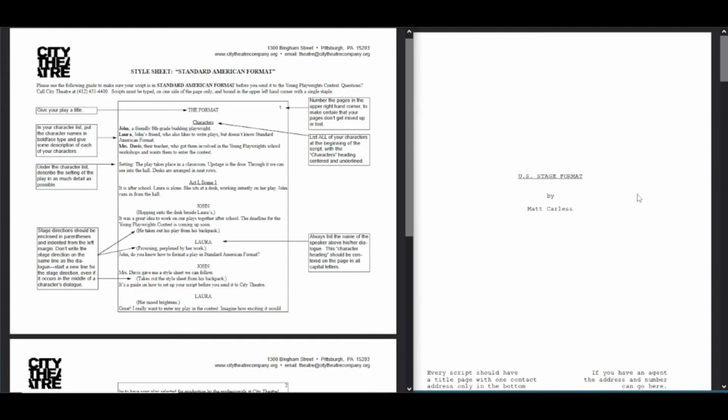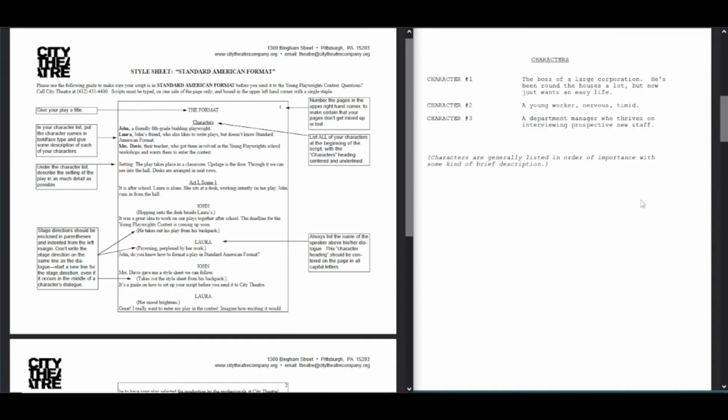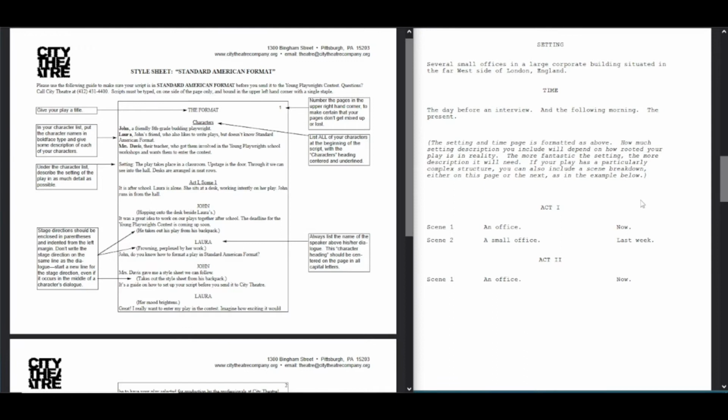The US version says nothing about a title page, whereas the BBC version has one, but I think that's a sensible addition for any submission. In the character list, things are set out differently, but the basic idea is the same. Setting is also set out differently and has a time section below it in the BBC version, which the US version doesn't have. The latter also doesn't have a list of acts and scenes, as the BBC version has. The BBC version displays everything on different pages, whereas the US version just continues on with no page breaks.